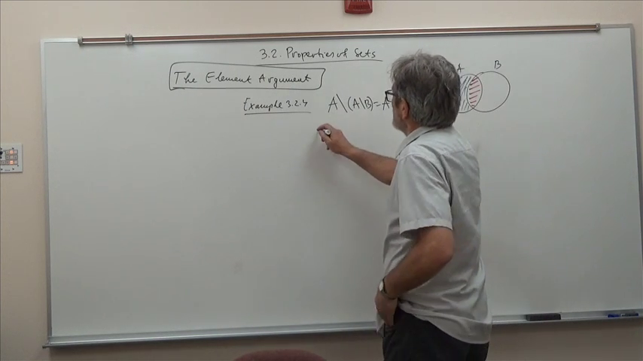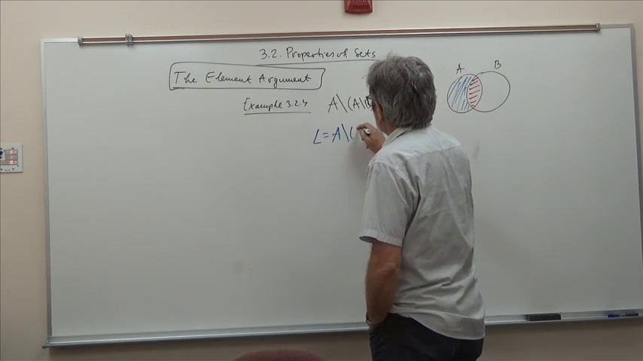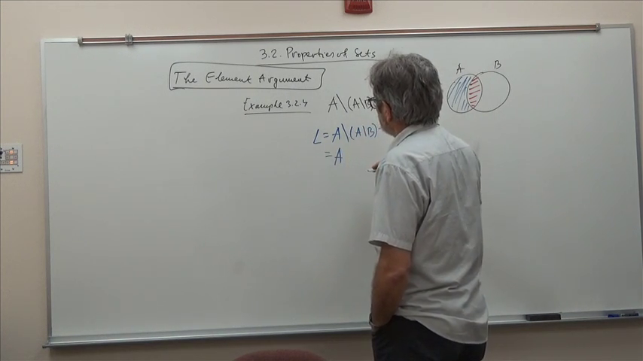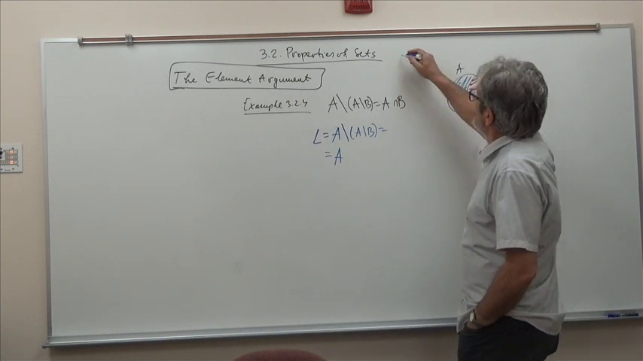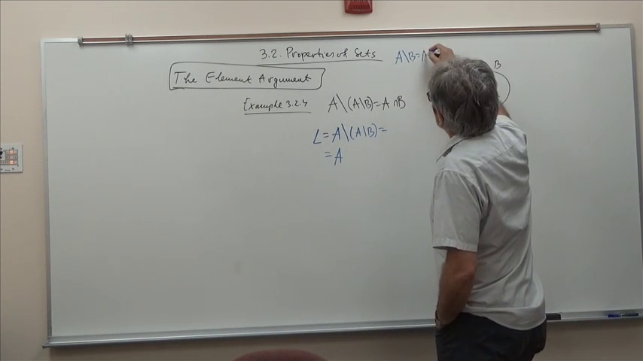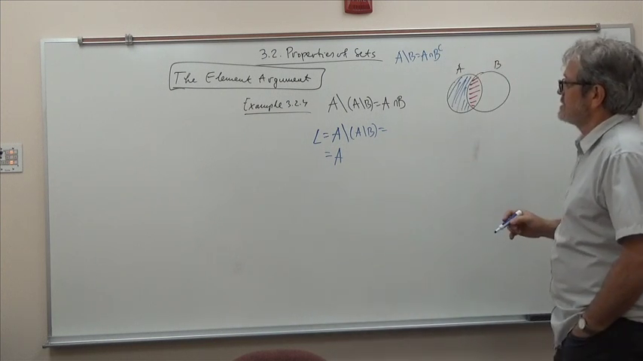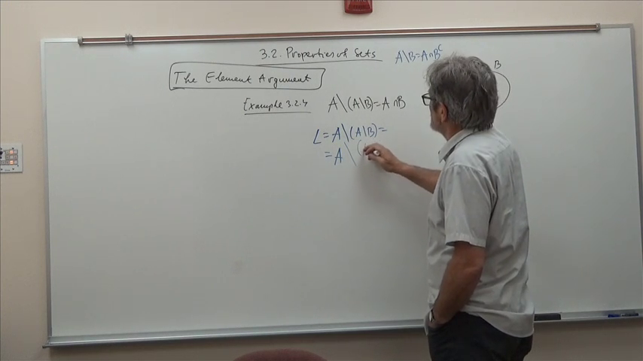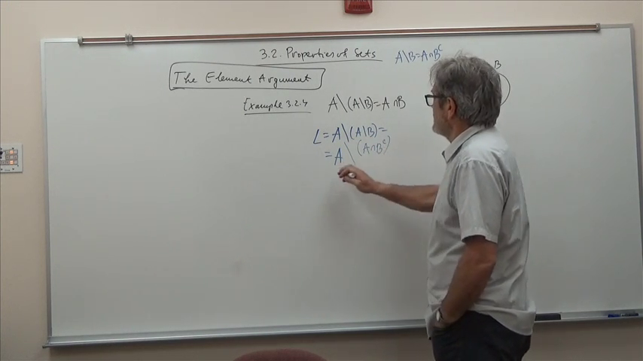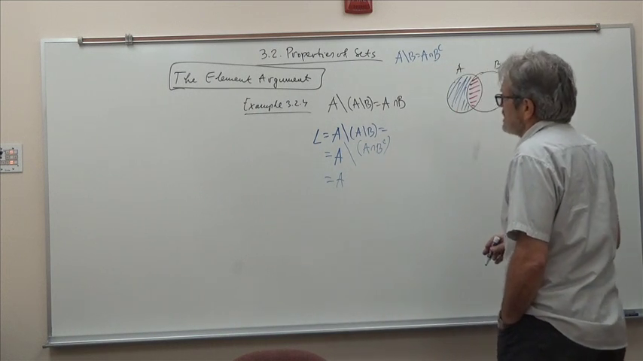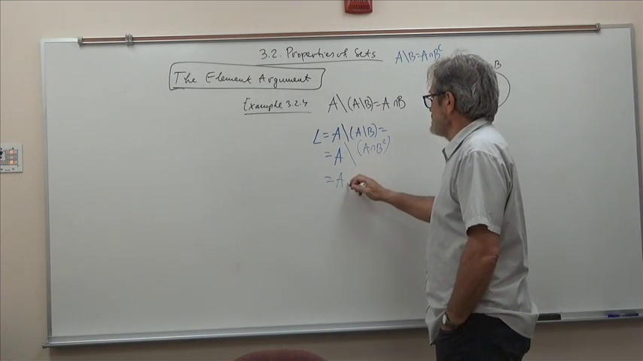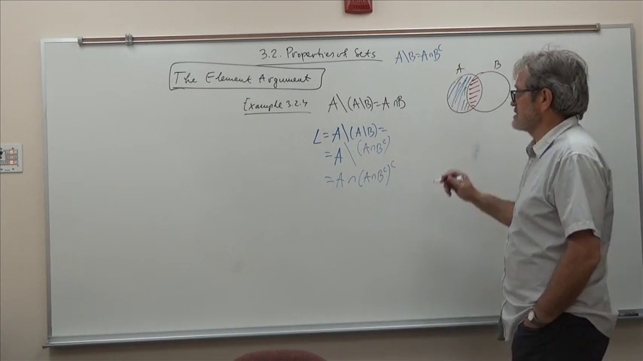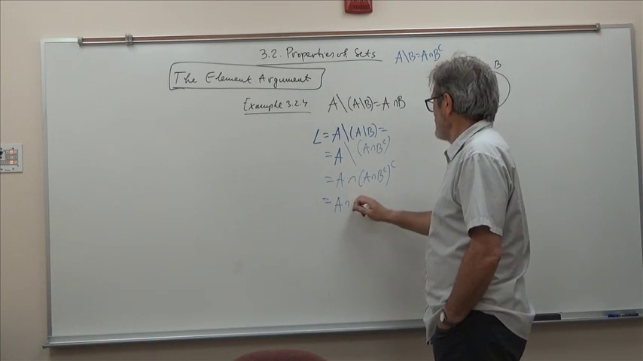Here's the proof. Left side equals A set minus (A set minus B). We know that A set minus B is A intersection B complement. So I will use that twice, so it will be A set minus (A intersection B complement). And that would be, A set minus anything is intersection with the complement of that anything. Same reasoning. What would it be? It would be A intersection